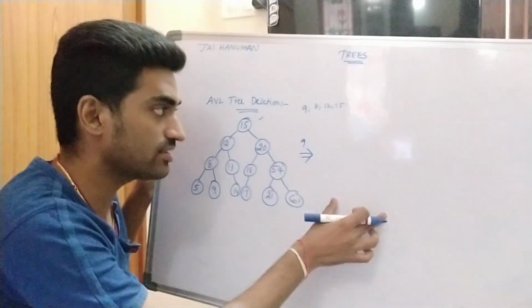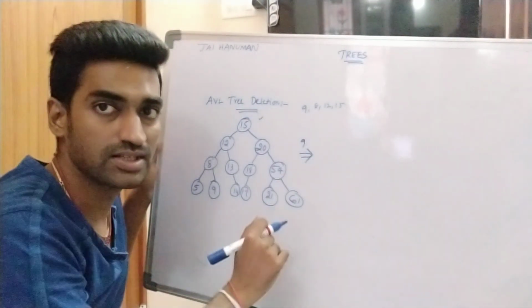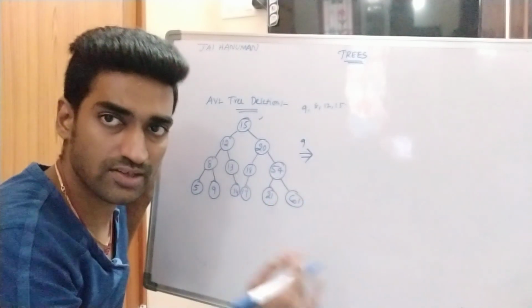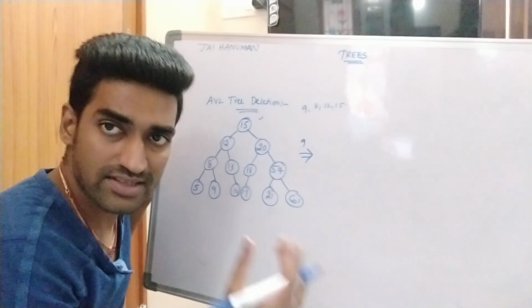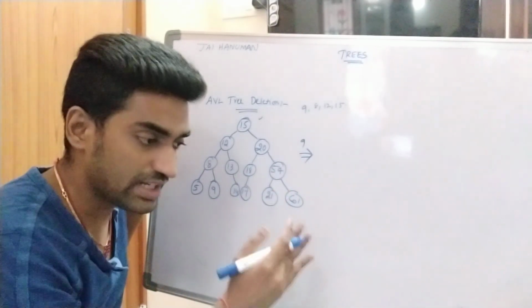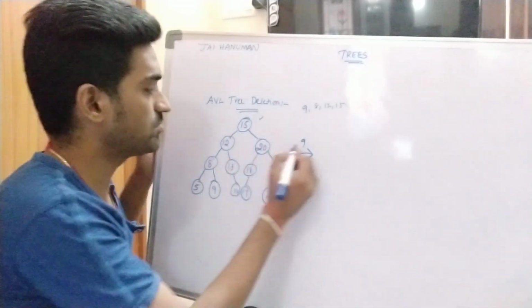A tree is generated. For this tree, we also calculate the balancing factor for each and every node. So what is the formula for the balancing factor? Height of left subtree minus height of right subtree. What is the height of a node? It is the number of edges in the longest path from a leaf node to that node. So that is said to be the height of a node, right? So here I am deleting 9.